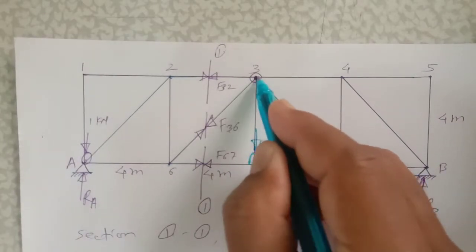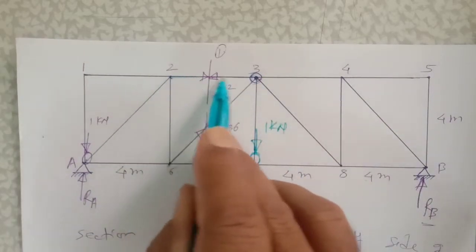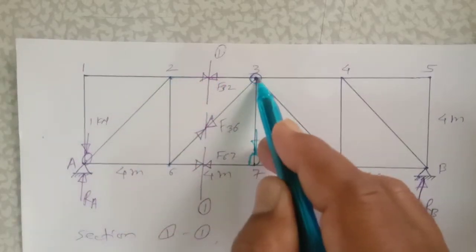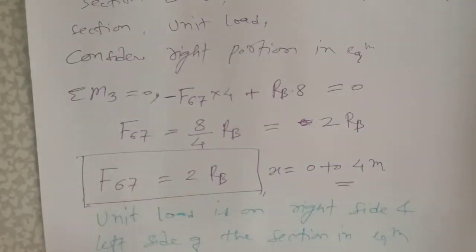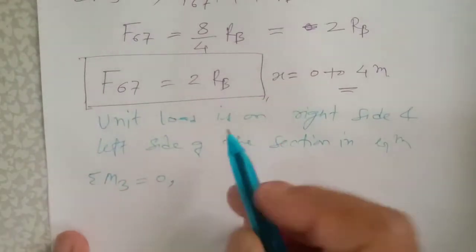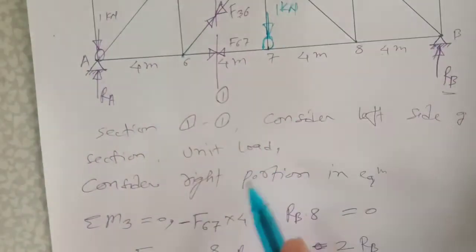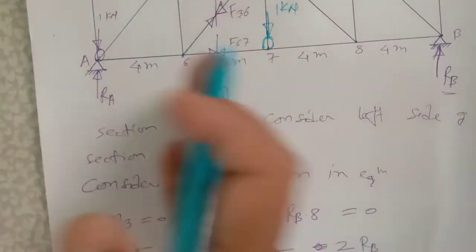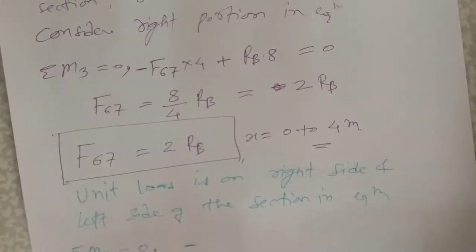We take the moment at joint 3, so that moment of this force which is passing through the same point is 0, moment of this diagonal member is also 0, moment of this force is equal to okay. So summation of moment at joint number 3 is equal to 0. What we are getting? We are getting this force multiplied by this distance. That means we have considered the left portion in equilibrium, and that's why this multiplied by in anti-clockwise direction. Therefore it is minus